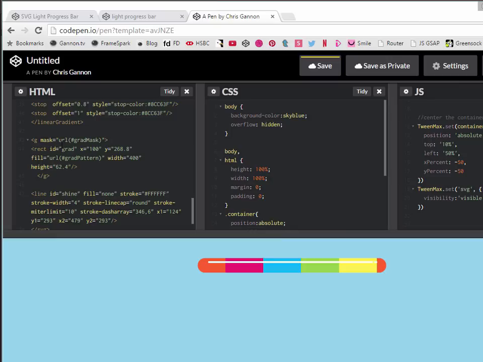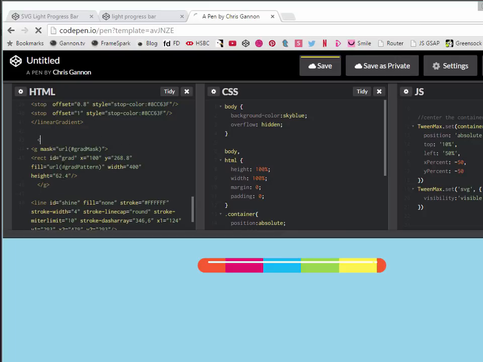When I apply filters, I mentioned this earlier, when I apply filters and masks, I never apply them directly to the element, and I never apply them together. So what I'm going to do is create another group, and we're going to do filter equals URL drop, and this is placing everything inside a group,